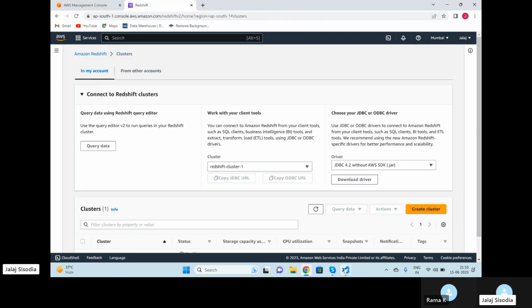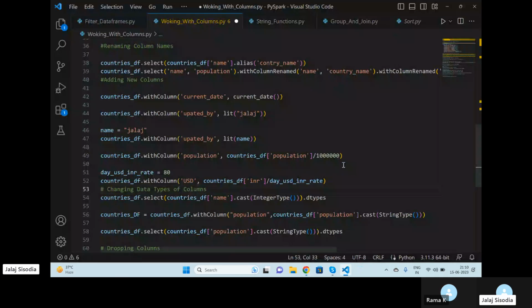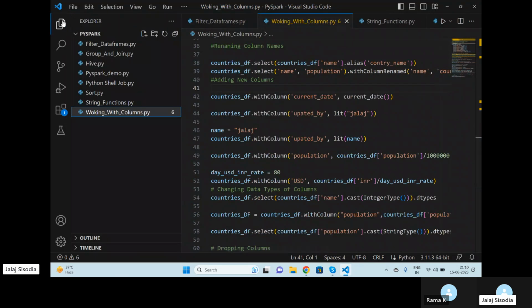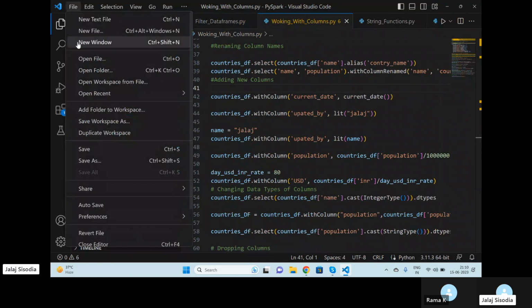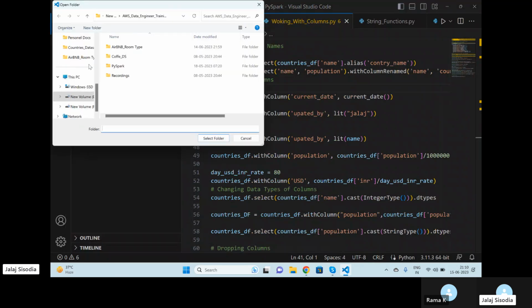Okay, so till now we have seen how we can modify our data frames and perform SCDs. We have seen how to connect with Redshift, execute queries on Redshift, load data into Redshift, and unload data from Redshift. You can say the base of the program is ready, but there are some other things that we need